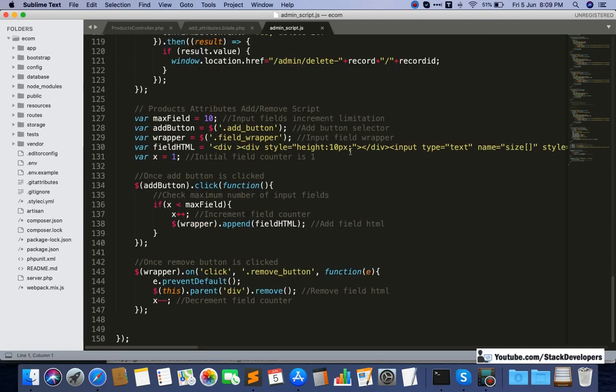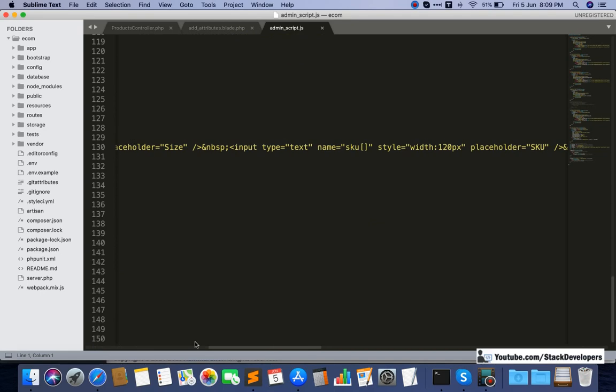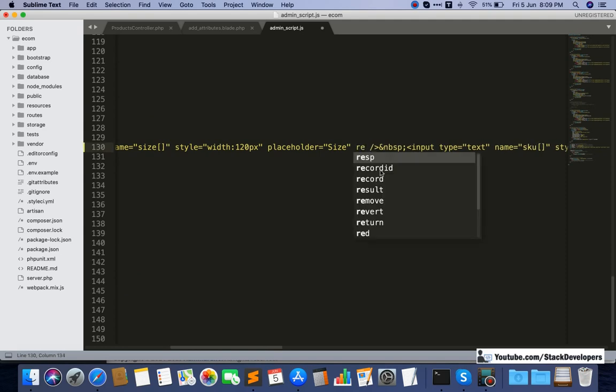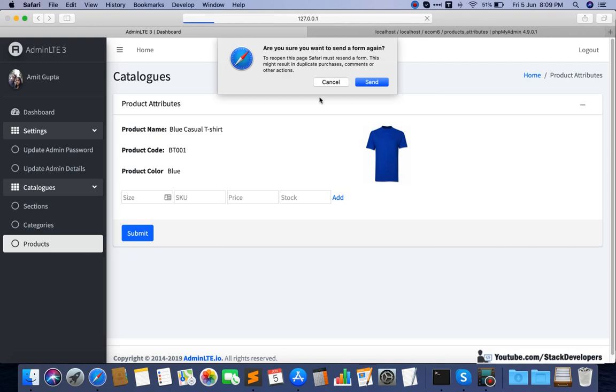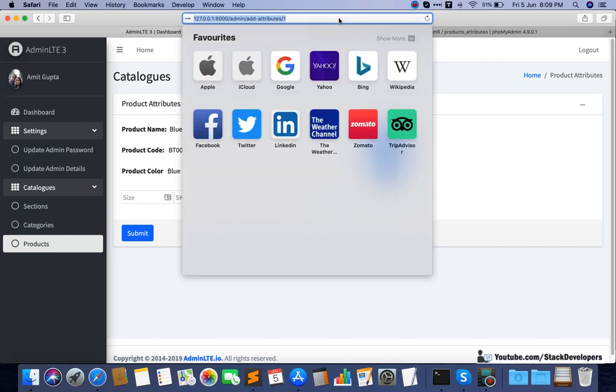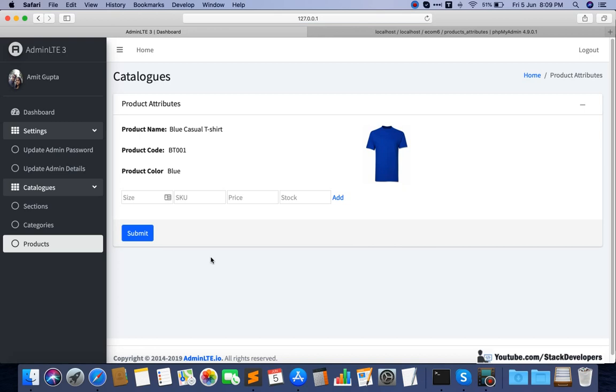So at the last, here we required, here also required. Or here it is not required, because a minimum of one you need to add, the user needs to add. So it is fine here if the user does not add data there. See here, it is asking to add.